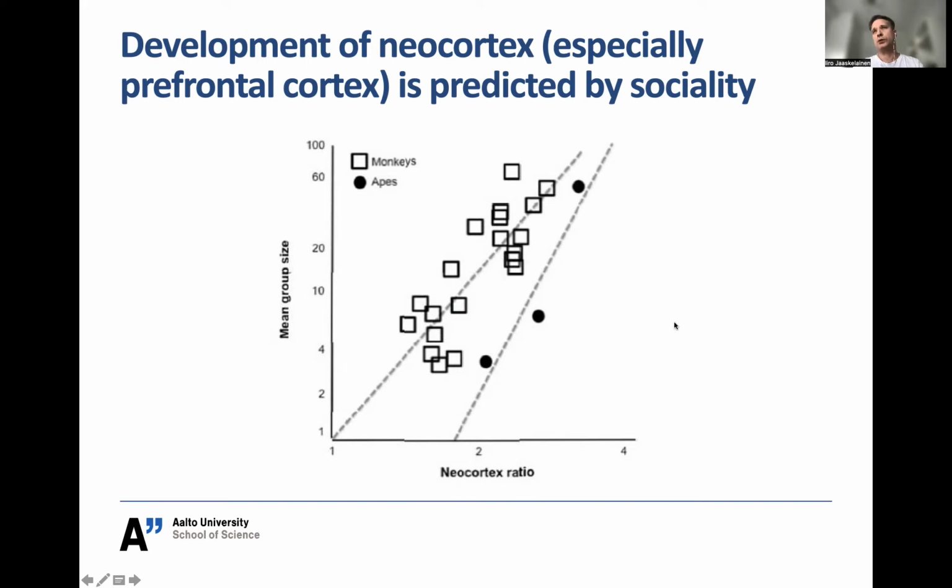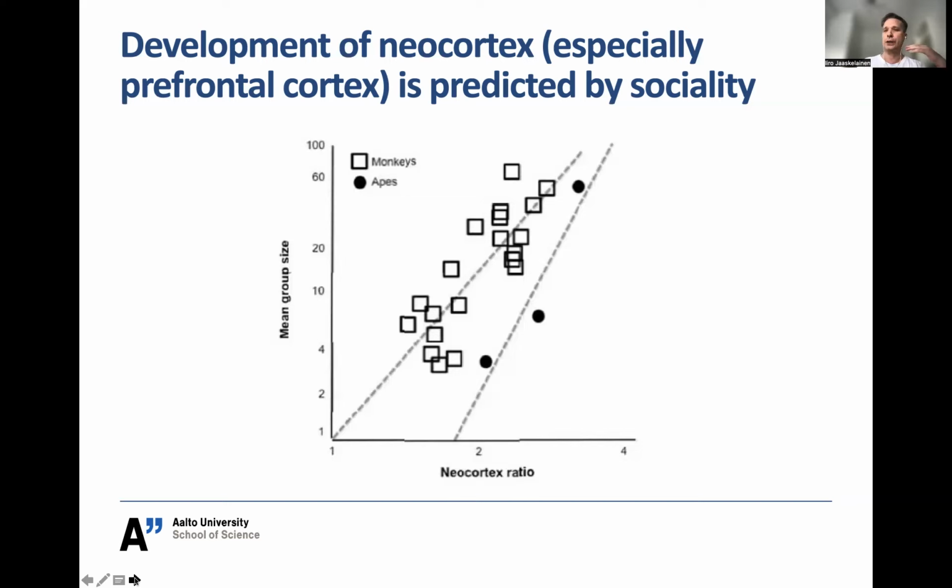And so maybe it was previously thought that general intelligence goes hand in hand with the development of the brain, especially the development of more cortex. The more cortex one has, the more intelligent the species. But there's an even stronger predictor: how many meaningful social relationships do we have as a species on average? The larger our neocortex. So this is very interesting, and this led to the social brain hypothesis,